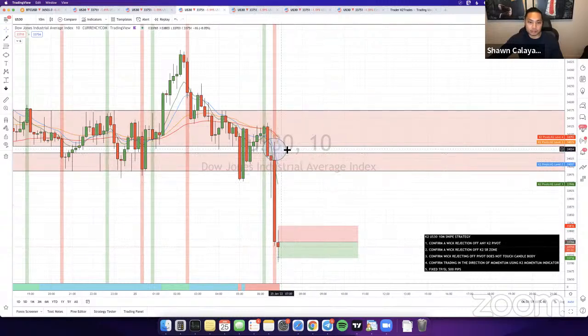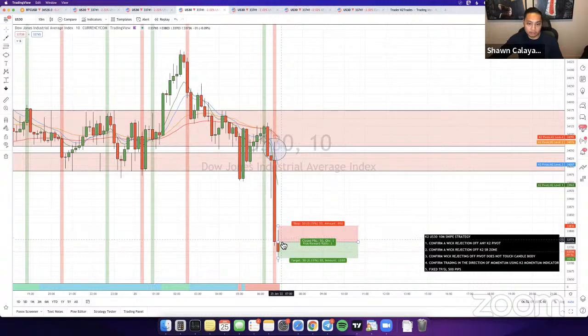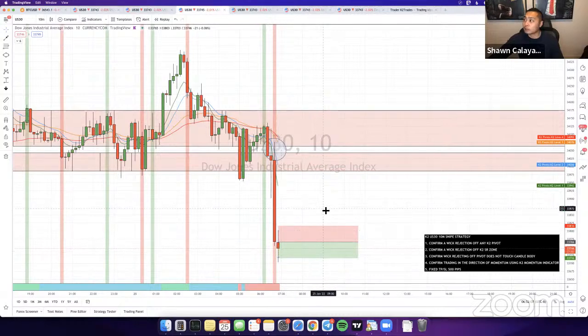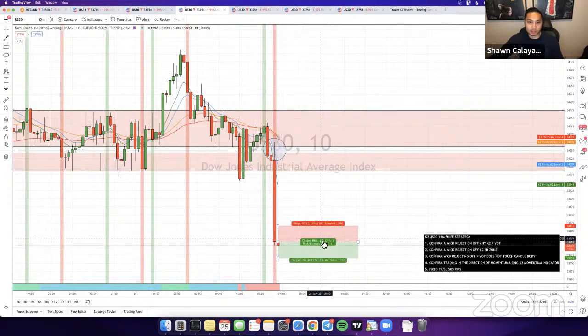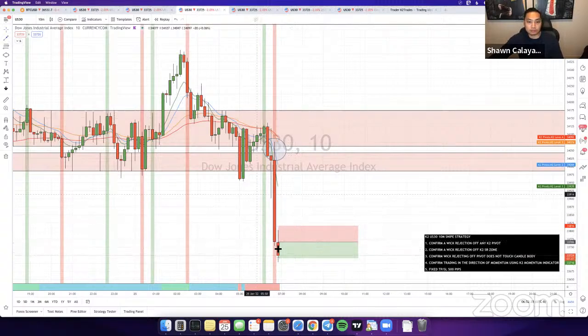As I mentioned earlier, it's a bit risky because the thing is, if you entered right here right away, you probably would have gone into some heavy drawdown and it would have gotten close to your stop loss before it pushed right back down. And it's probably going to retrace back up. So after it hit TP, I don't recommend anyone FOMO into this trade. If you're already in it and you hit TP, then stay out of it. I don't recommend entering it right now if you guys are entering late, because this can easily shift all the way back up